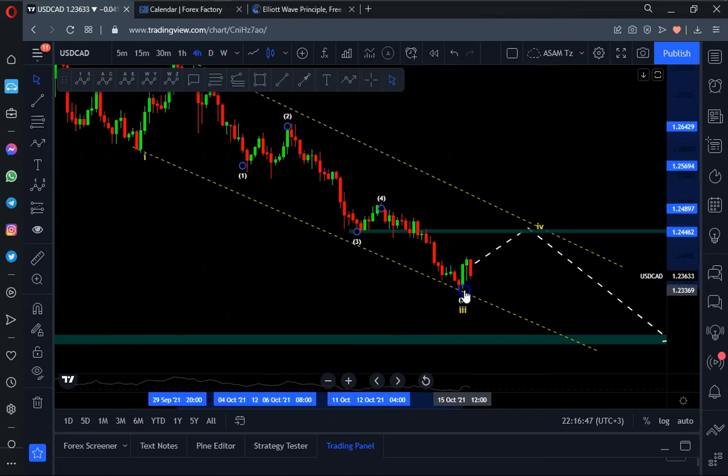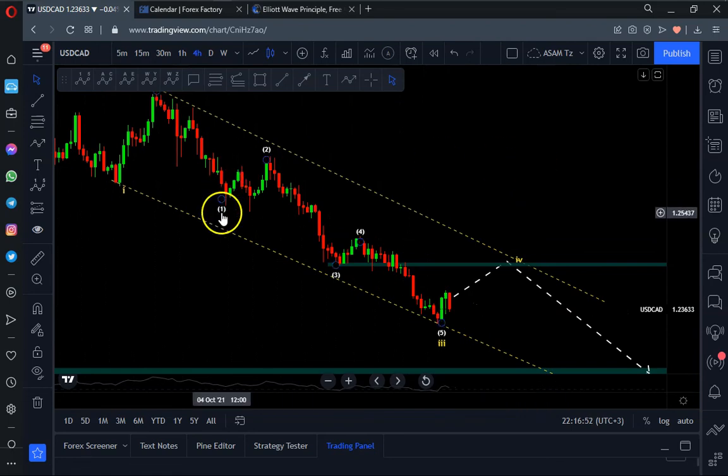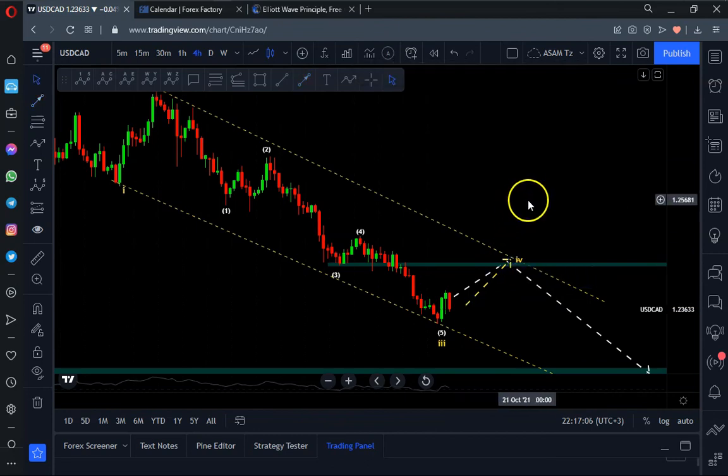But what to expect at the beginning of the coming week? In the 4 hour, maybe the first and the second day of the week the market may be up, correcting this structure. Starting from maybe the third day and the remaining days of the week, the market probably may start moving to the downside, but this will depend on the building structure of the fourth wave.